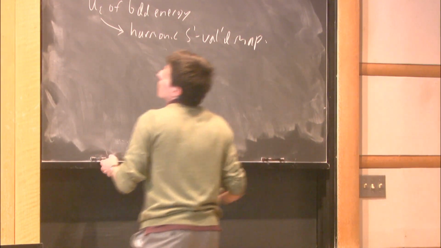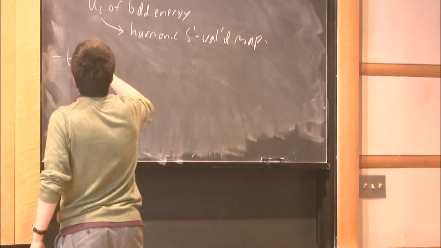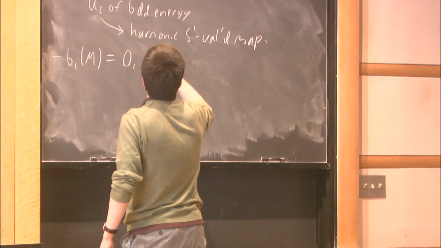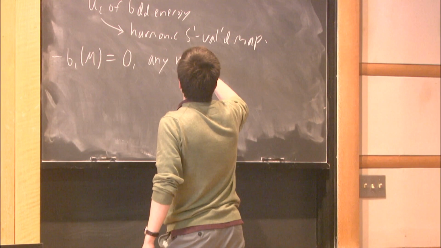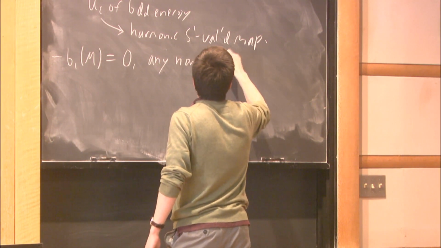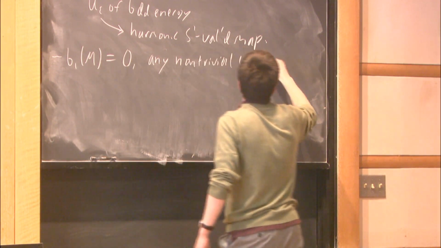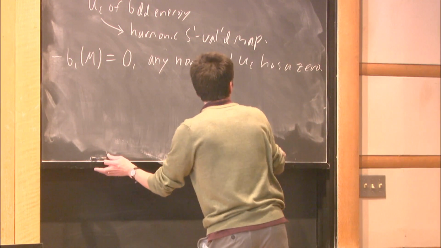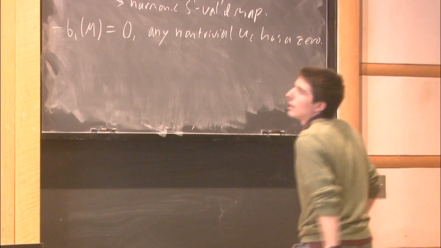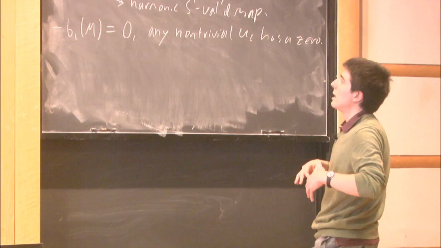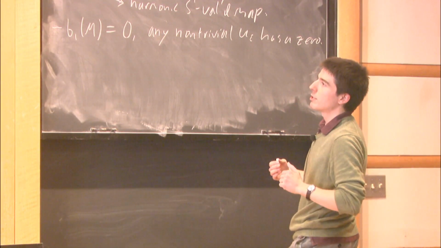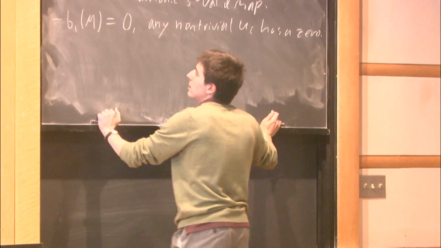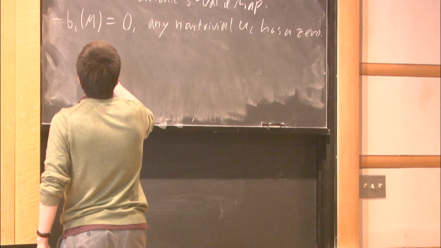Fortunately, it turns out if the first Betti number does vanish, then any non-trivial critical point has a zero. OK? So once we establish that claim, it'll immediately follow that at least in the case where the first Betti number vanishes, we have some log epsilon energy blow up. OK, so how do we check this? OK, so again, let's observe that